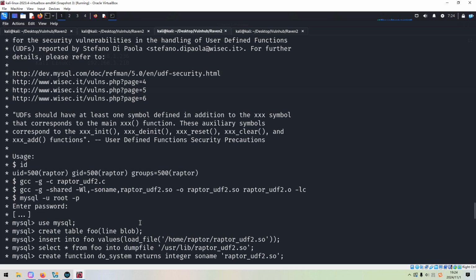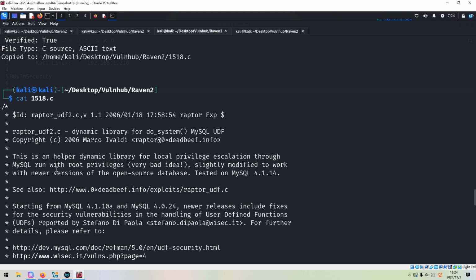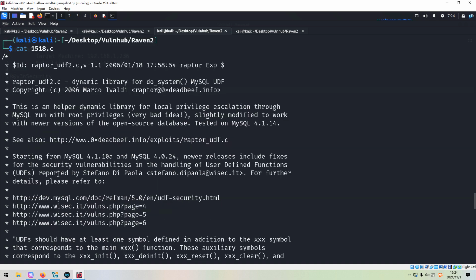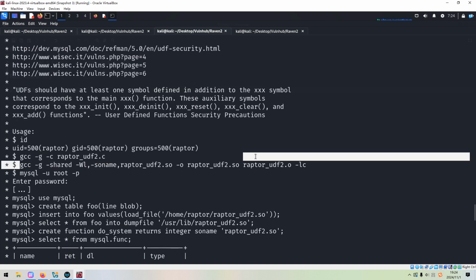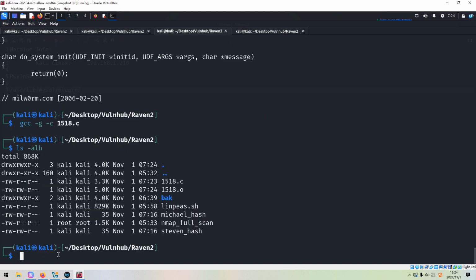Next, we can compile with this command. So where? Yeah, this one we can copy. And of course, we need to do some modification. Here, we can use the same file name.